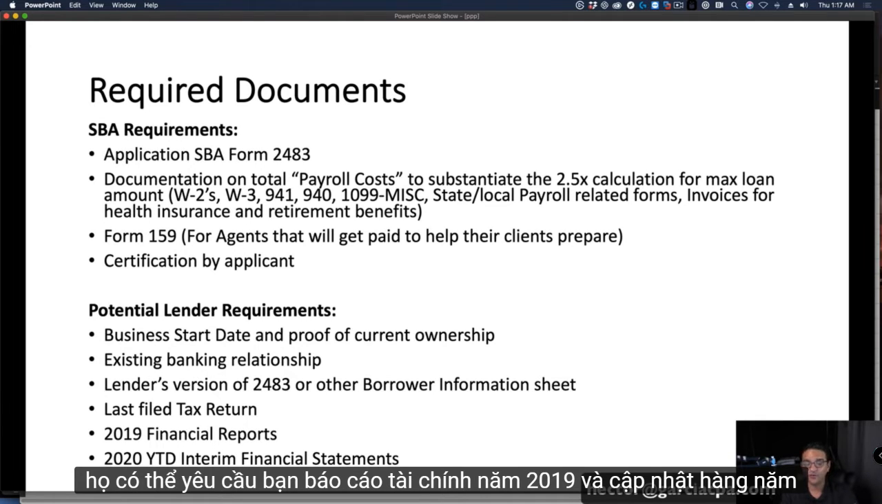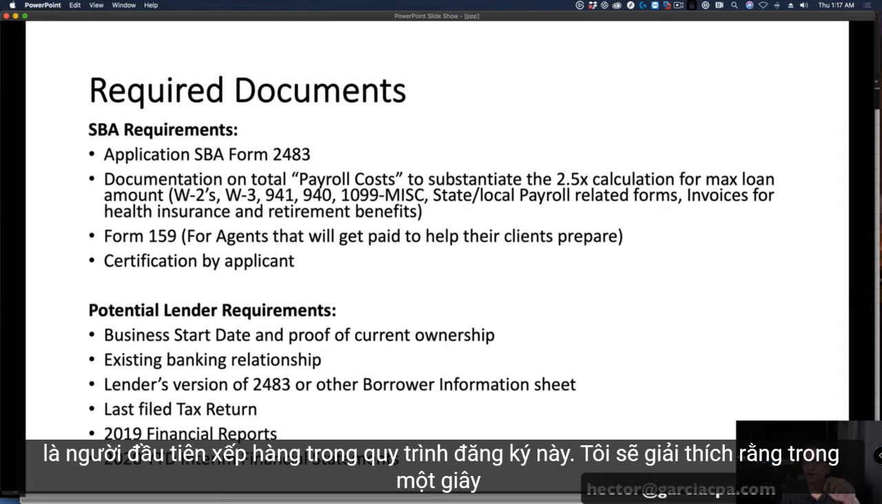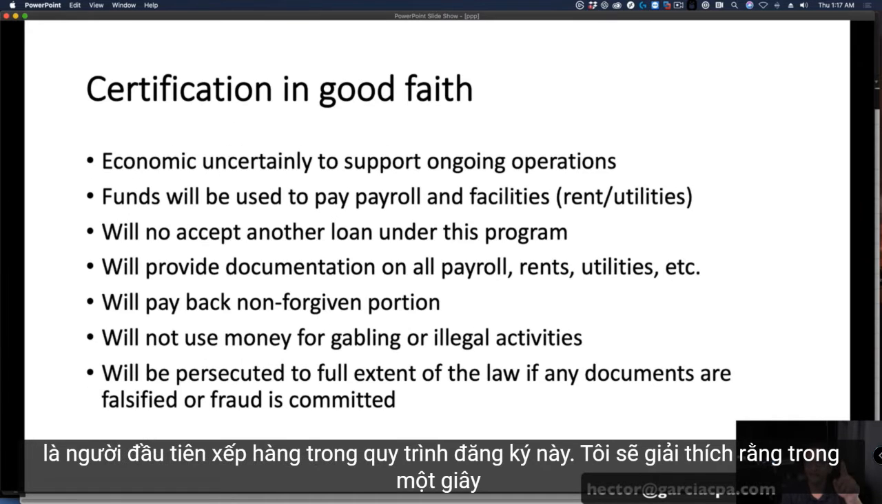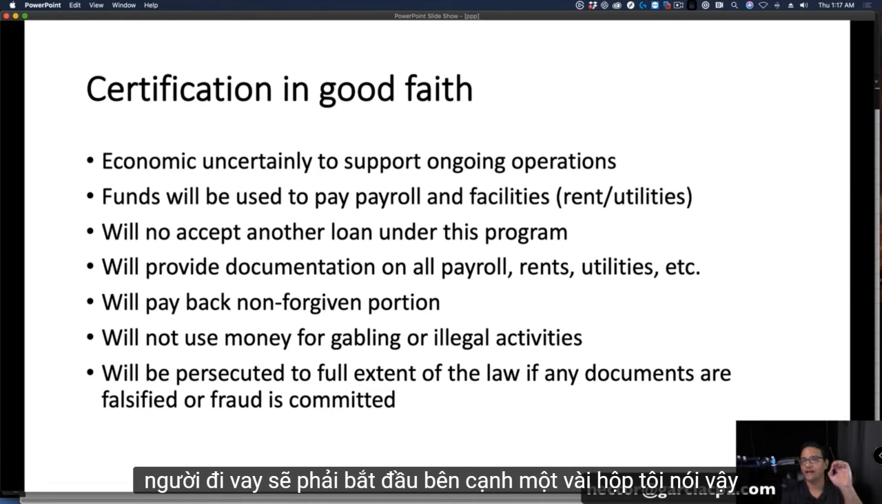They might ask you for 2019 financial reports and year-to-date 2020 financial statements. So get that stuff ready just in case, and you want to be first in line on this application process. I'll explain that in a second as well. The certification of good faith, basically the borrower is going to have to initial next to a couple of boxes